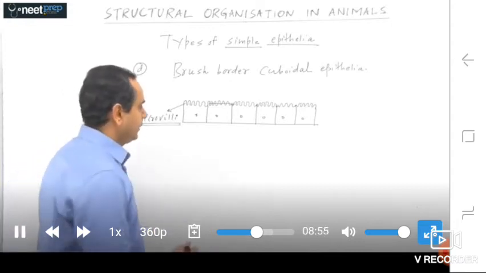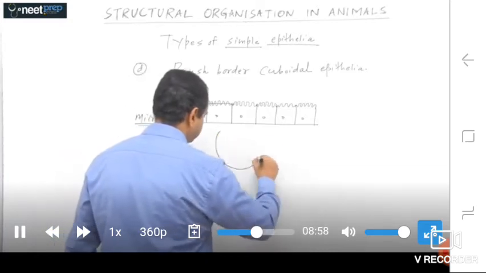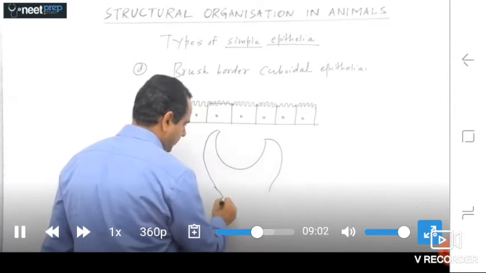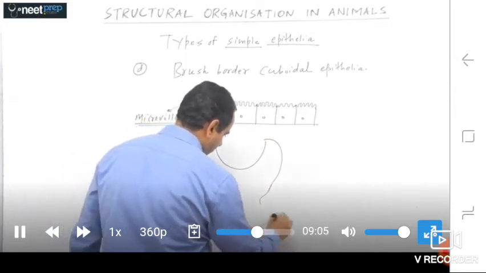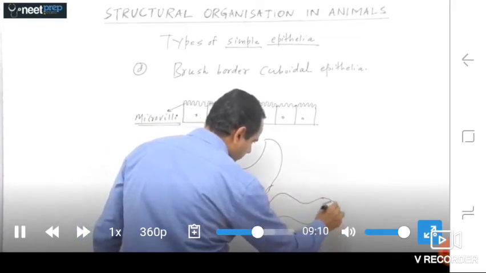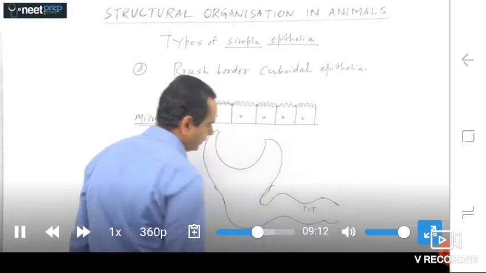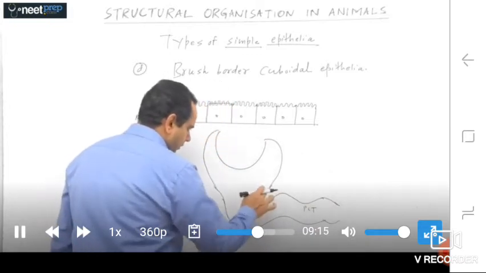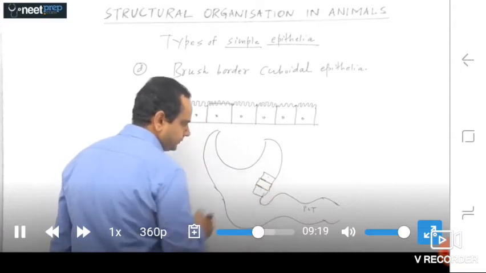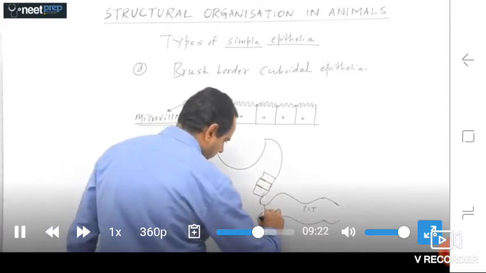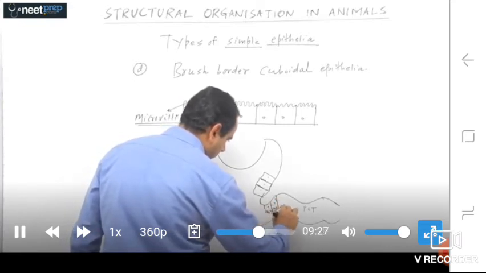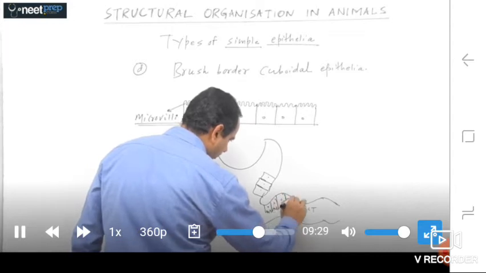And basically this kind of epithelia we can see in, suppose that is the part of Bowman's capsule, and here is the PCT, the renal tubule. That area may contain simple cuboidal epithelia, but here we can see the highly brush border cuboidal epithelia,